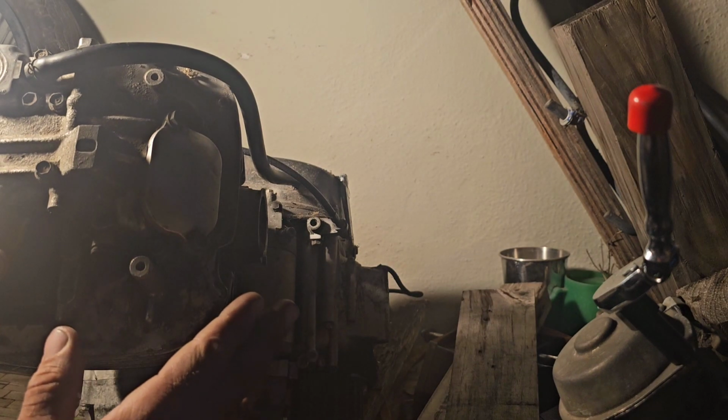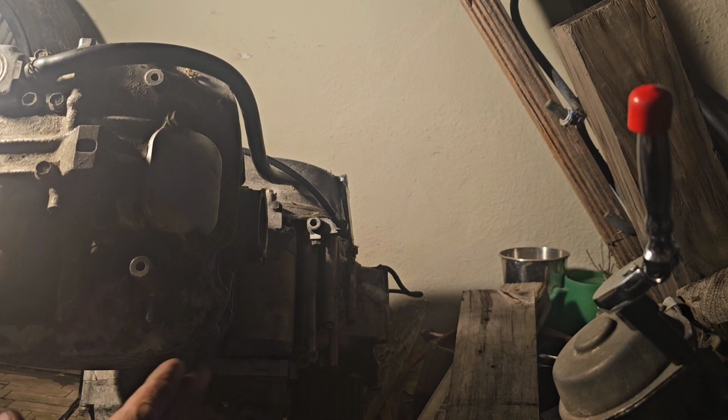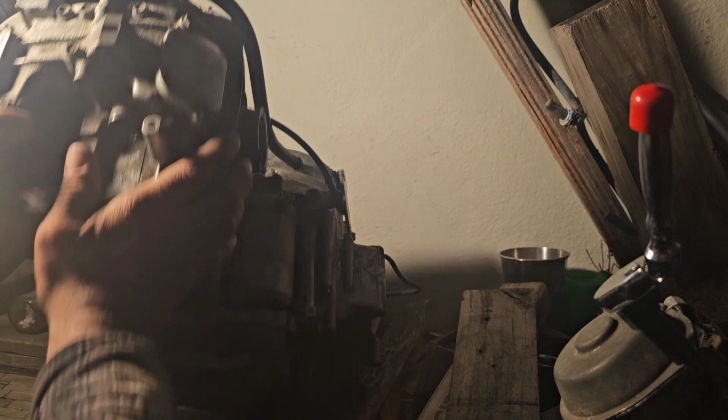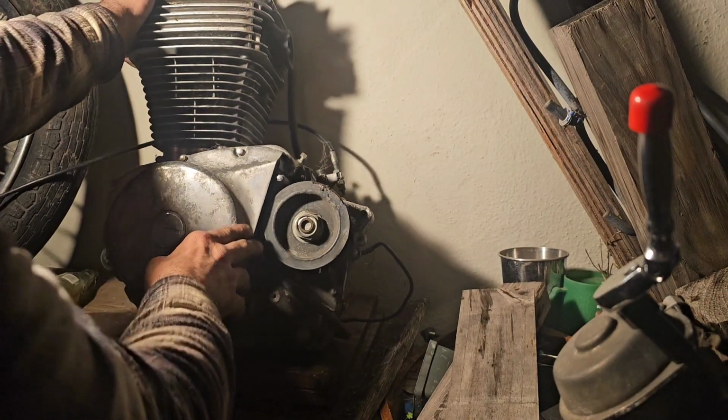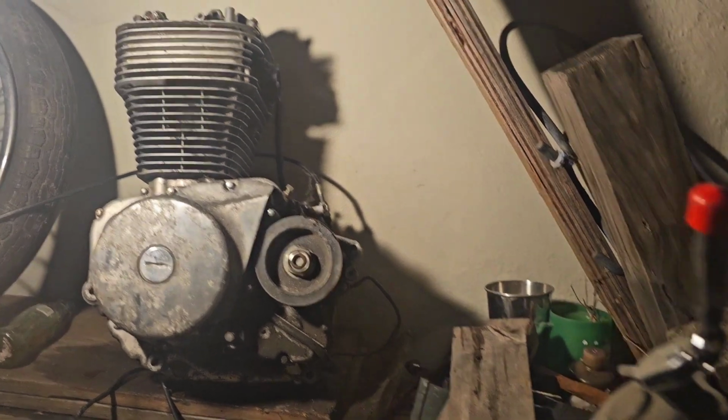So when I get to getting all the tooling I need to do these processes, I'll get back to you guys with that. But so we're talking about the Elk Raptor. So this is going to be the cannibal motor for a future video, so we can show some tips, tricks, and techniques. So we're going to focus right here